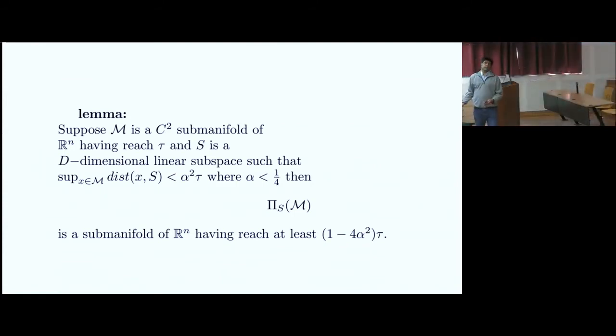It says the reach is at least this quantity, which is some constant times tau, and this will be close to 1 if alpha is very small. So the reason we are doing this is that we don't even want to look at the whole space. The whole space is far too large. We want to do a PCA. We want to project the data onto the PCA subspace, and then we want to do some analysis on that PCA subspace. And what this is saying is that as long as the choices of these things are okay,